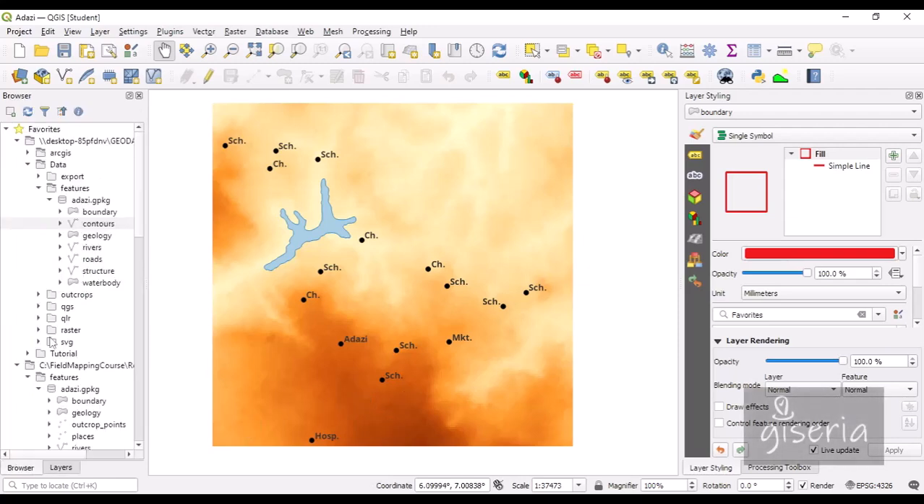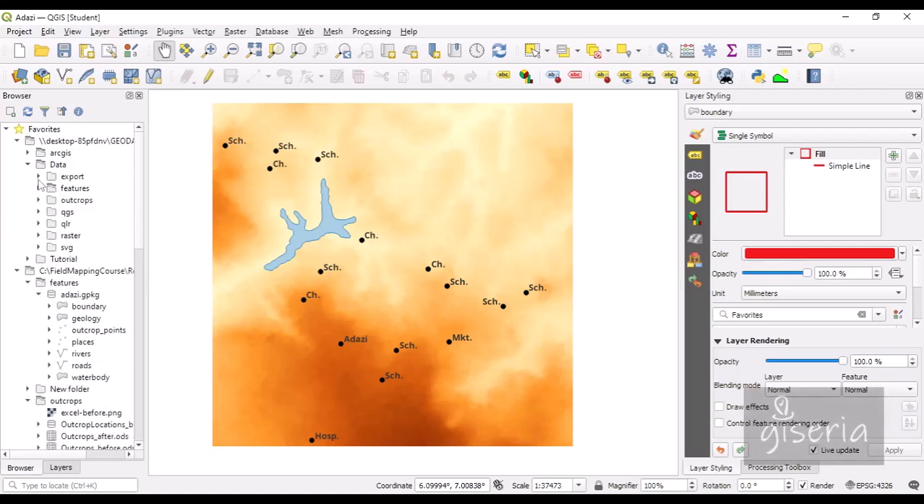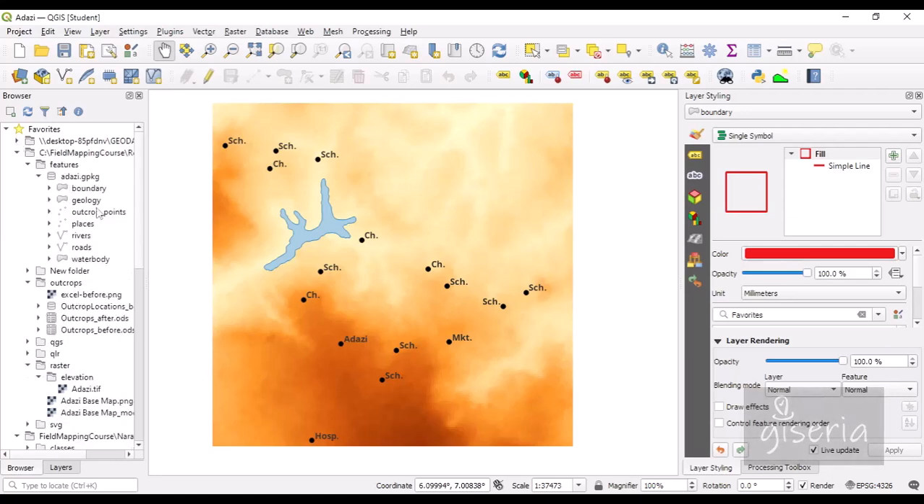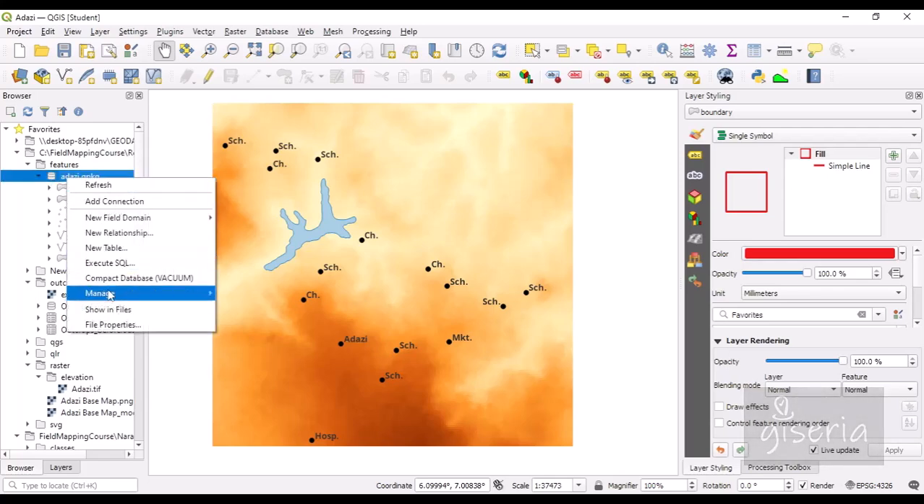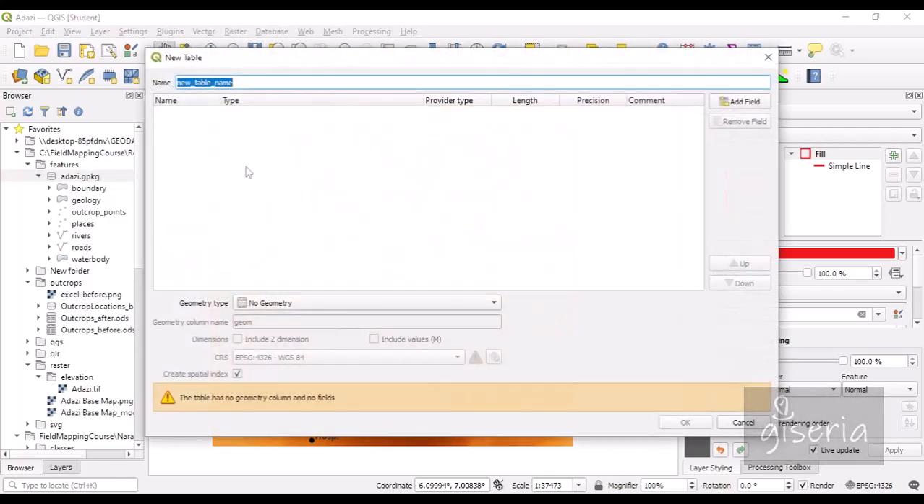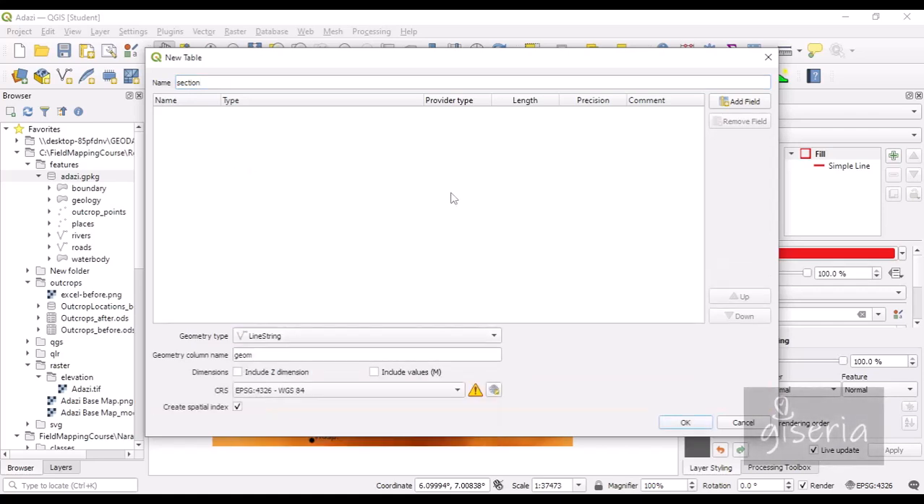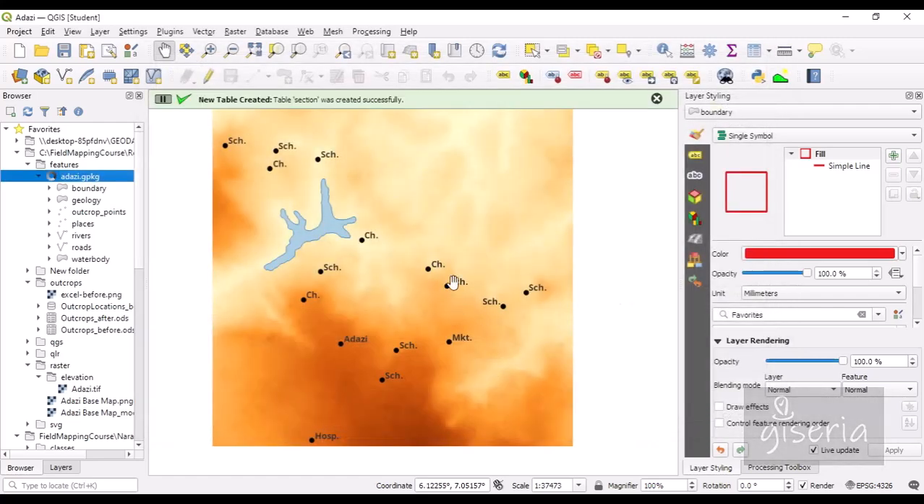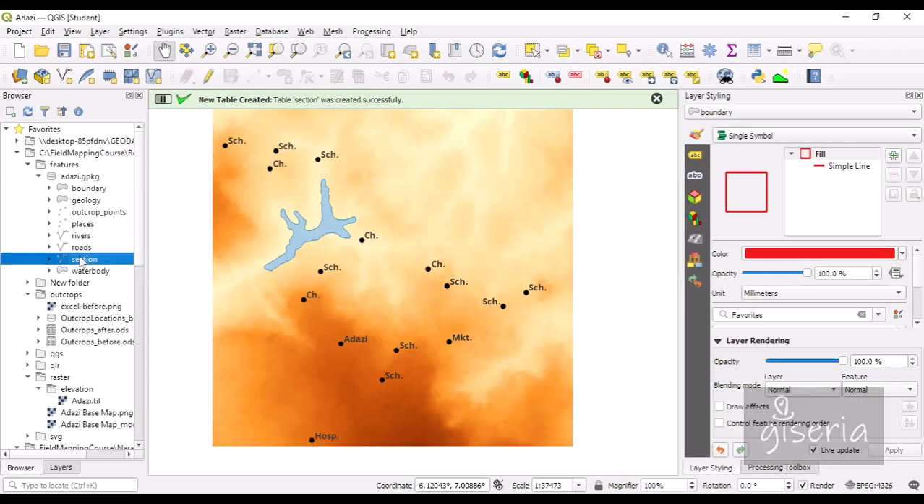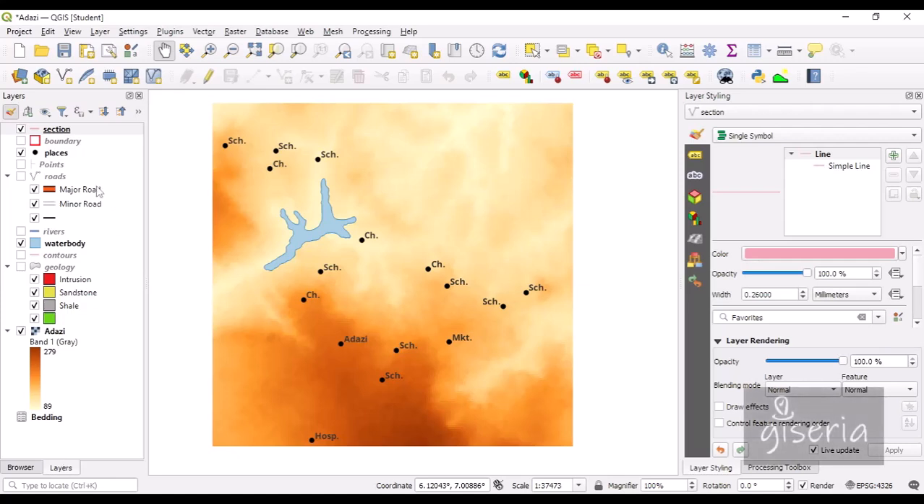Okay, so in my browser panel, in the features section, I will create a line of section. So I'm going to create a new table and call it section. Alright, and that will be a line geometry. Okay, no field is necessary now, so I'll just click OK. And now our section line has been created. I'll add that to the project. Okay, just bring it down a little bit,